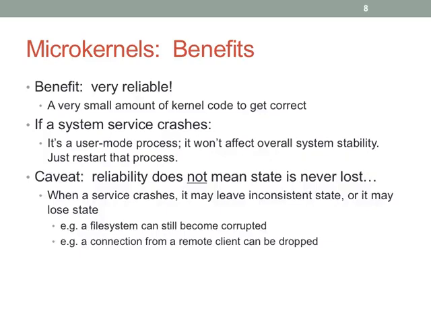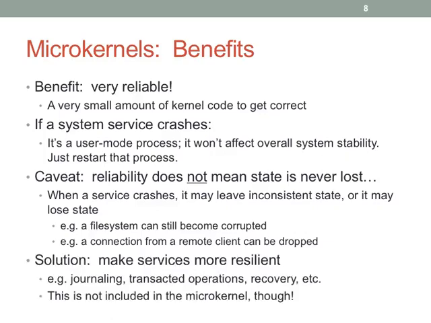Now, there is a caveat here, which is that just because you can restart a process doesn't mean that you don't lose state or you don't corrupt state. So that's what I'm saying here. And the solutions are always the same. Basically, you just figure out how to build things in a transacted way. Okay? So there's a lot of different techniques you can use to build reliability into these situations where software systems fail. And sadly, we don't really talk about that in this class.